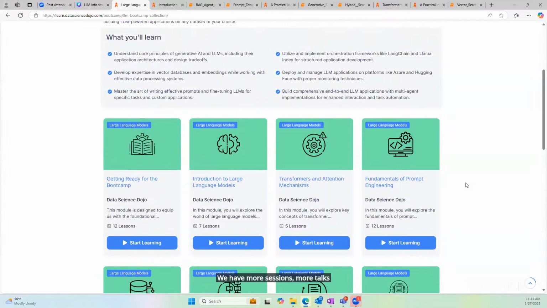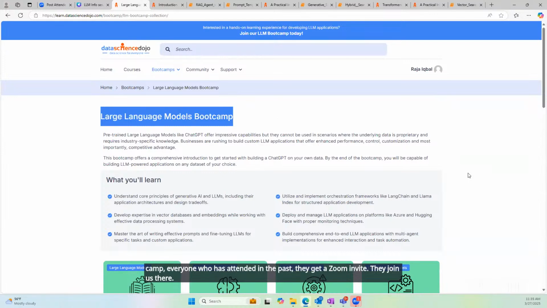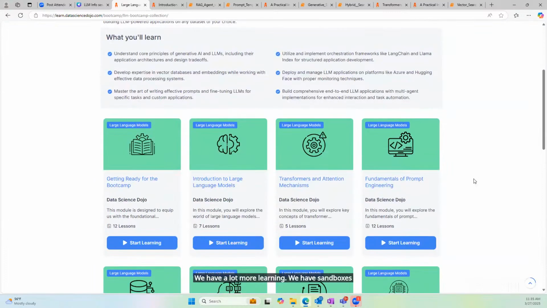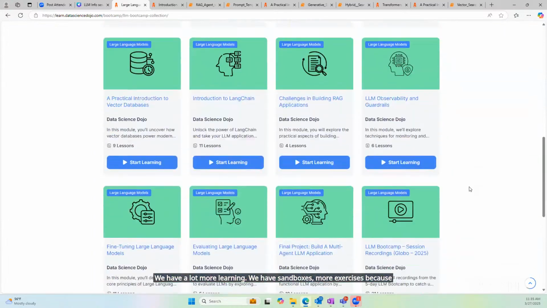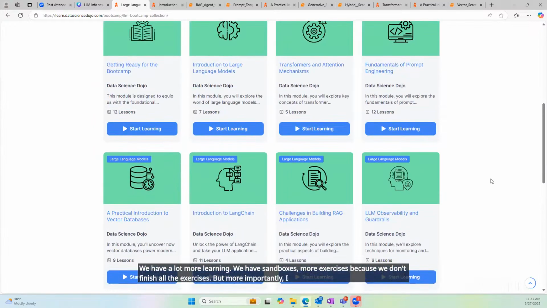If there is a new invited speaker to our boot camp, everyone who has attended in the past gets a Zoom invite and joins us there. We have a lot more learning. We have sandboxes, more exercises, because we don't finish all the exercises. But more importantly, for any of you who attends the boot camp, you will hear